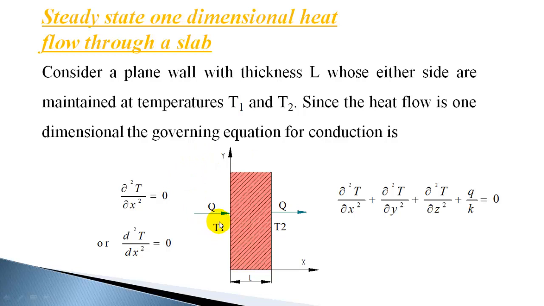Now to find the heat flow and temperature variation through the slab when one-dimensional heat flow takes place, we are considering one-dimensional heat flow through this slab. The flow is one-dimensional when the temperature variation does not exist in the y direction and also in the z direction. If you consider this face of the slab, the temperature here is T1, here again it's T1, so everywhere it's T1. There is no temperature gradient in the y direction, so heat cannot flow in the y direction.